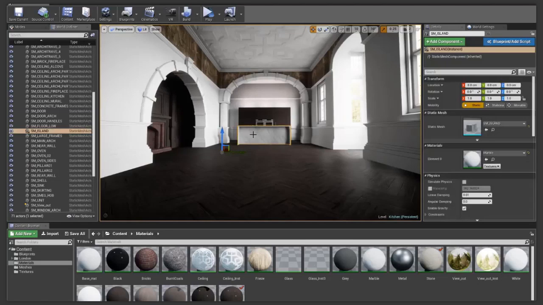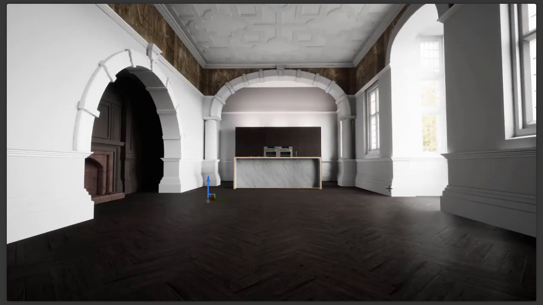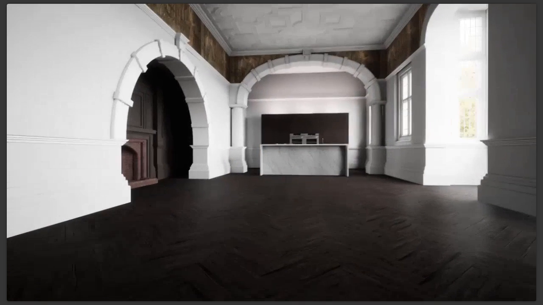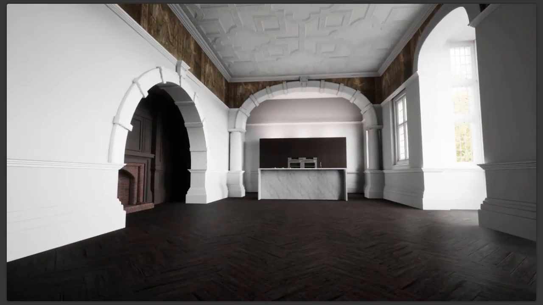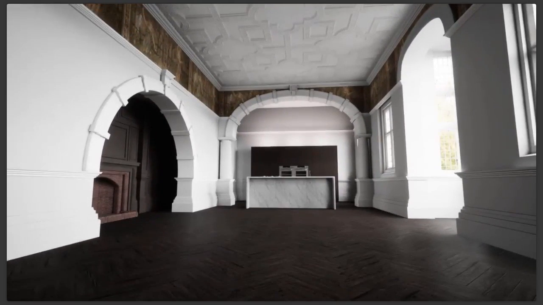So here again, I'd like to use another project to show you some of the capacities, some of the quality that we're able to achieve in Unreal Engine, and also some of the interactive capacities that we have at our disposal to play and to design and to communicate with our partners and clients. So this